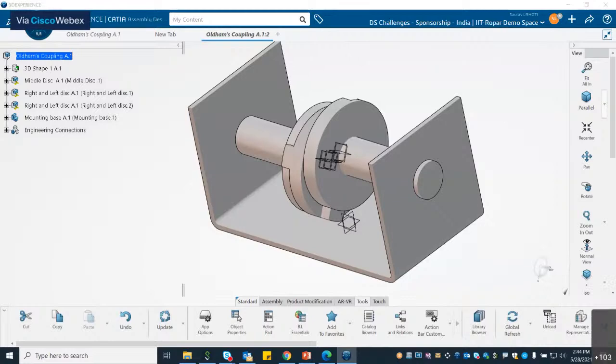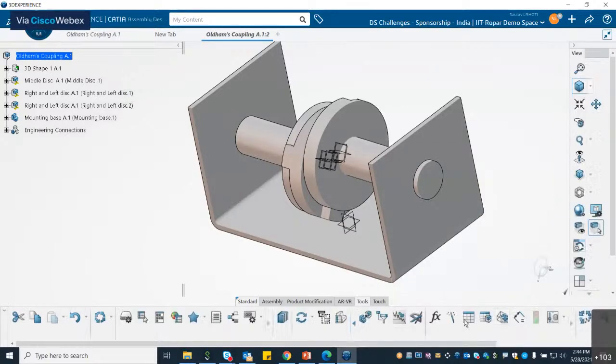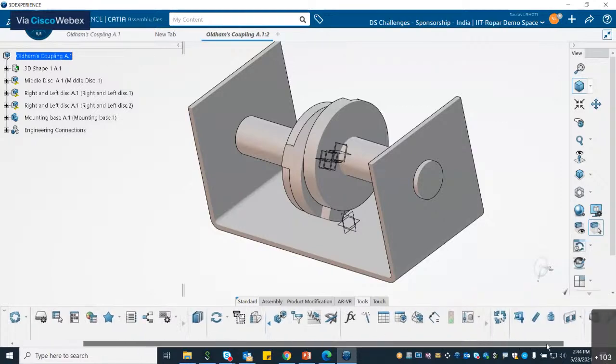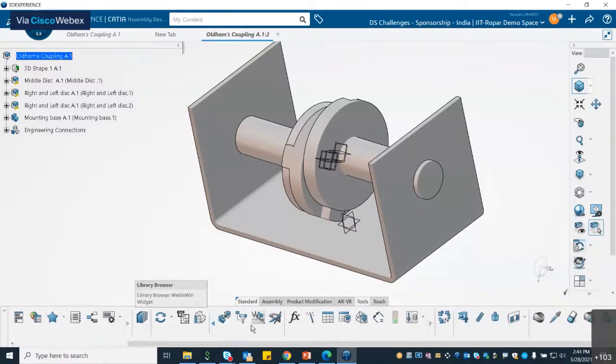Just wait a minute, we will display that only. So in the tool, there are a lot of commands. Okay, so we're going to see the material browser. Okay, so material,